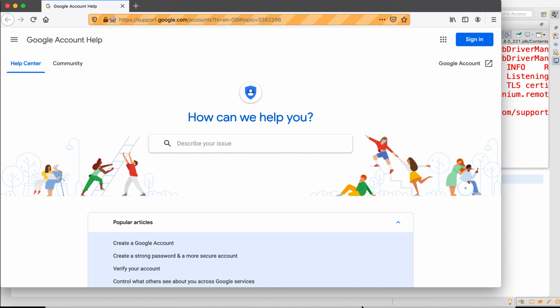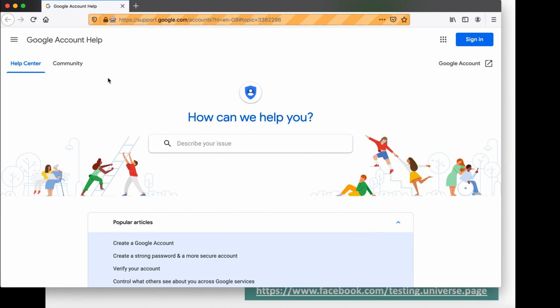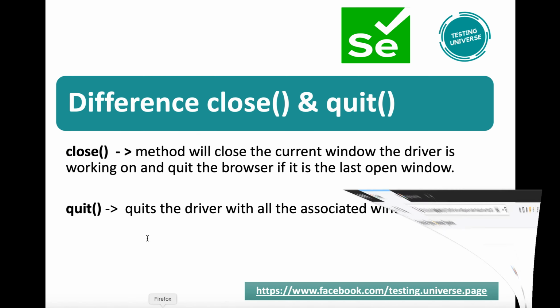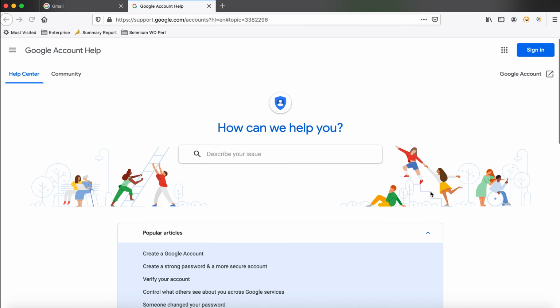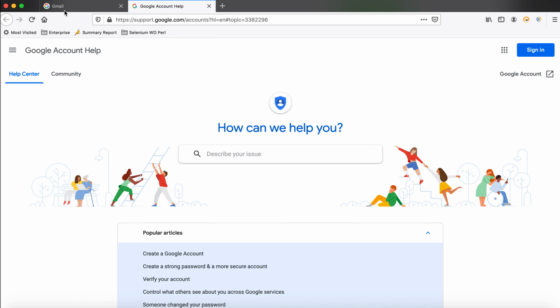So that is the second definition. This method will close the current window the driver is working on or pointing to. When I was clicking on help, the driver was pointing to gmail.com. If we do it manually, when I click on help, this window will be shown visually, but the driver will still be pointing to the gmail.com window, that is the parent window, until we use getWindowHandles and switch to this window in our test script.